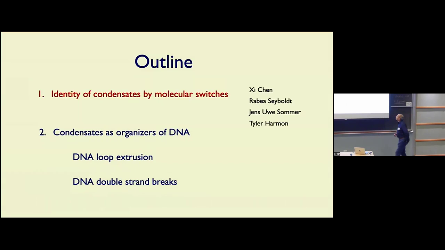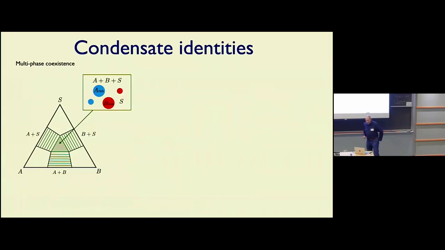So let's come to the first part, which is work in collaboration with Tyler Harmon and Jens-Uwe Sommer in Dresden. And the basic question is how to think about many different types of condensates that coexist in the same volume of a cell. And one way to think about this problem is to notice that a multi-component mixture can exhibit multi-phase coexistence according to the Gibbs phase rule. So as an illustration here, in a ternary system, we can have a region where 3 phases coexist, and this allows in principle to have 2 different types of droplets existing in the system at the same time. However, in a cell, equilibrium is usually something one can maybe assume locally, but not globally, so such a